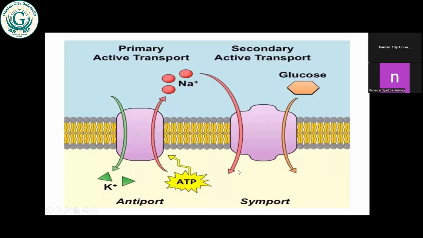As that movement is happening, it's going to power the movement of glucose from its lower concentration in the lumen to its higher concentration in the epithelial cell. I believe that is clear. That's a common example of a secondary active transport. Sodium moving passively into the cell from its higher concentration to its lower concentration, then it's going to power the movement of glucose from its lower concentration to its higher concentration into the cell.